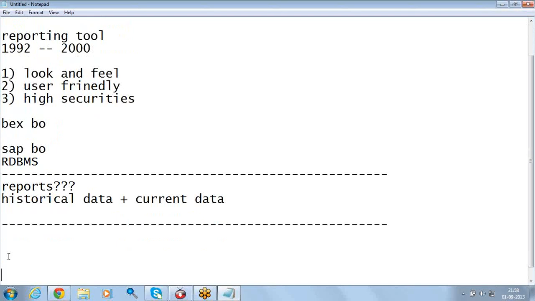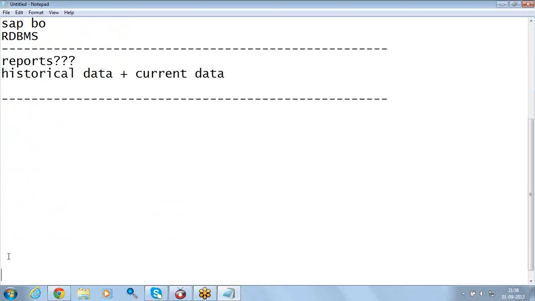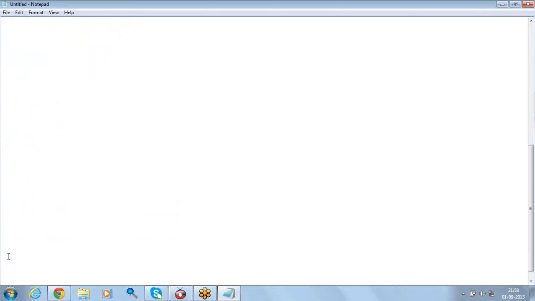Now, our goal is to generate the reports. Generating the reports will be driving our business. That's why we call these reports business drivers.